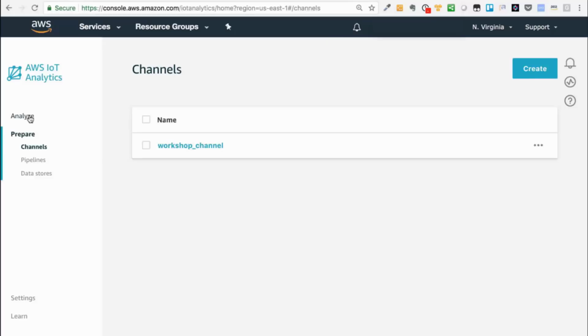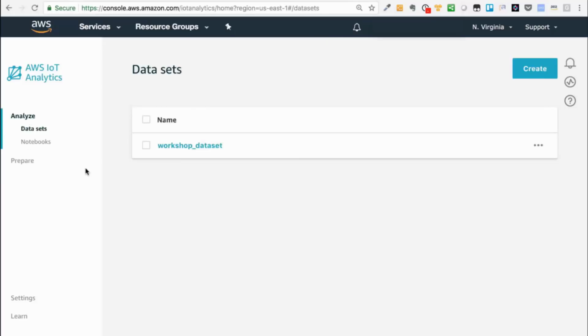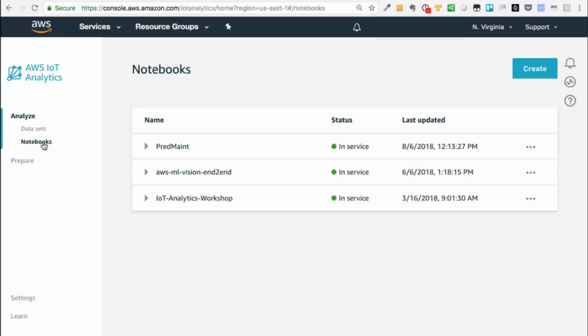Now, if we look at the other side here, Analyze, you can see the data sets that have been created. And a data set is a subset of a data store, which can be made available for QuickSight, for visualizations and those types of things. And then also you have these notebooks, and you can see that I've got a few set up because I've been experimenting a little bit with this great new service. If you were going to come in here later and you wanted to explore this yourself, this is available to you. When you go create,